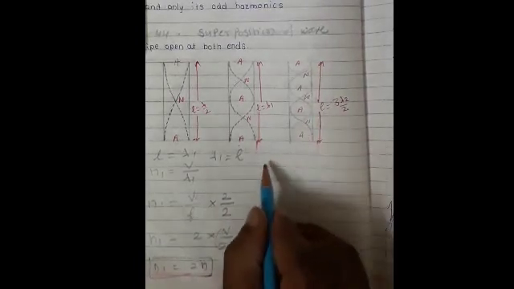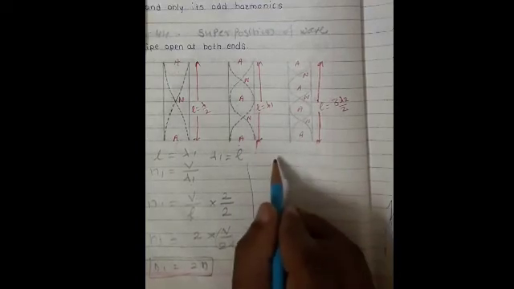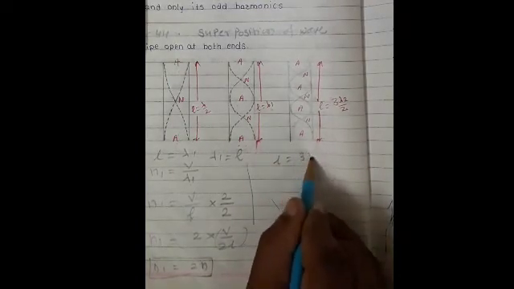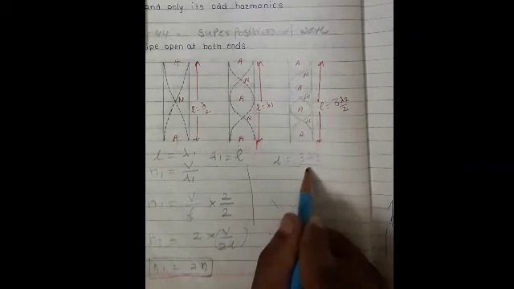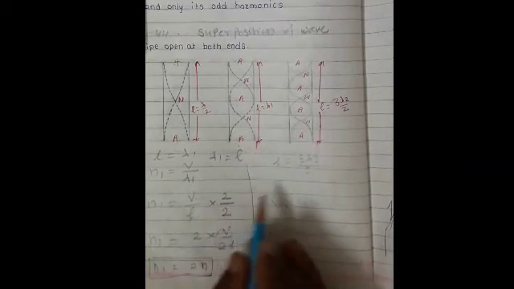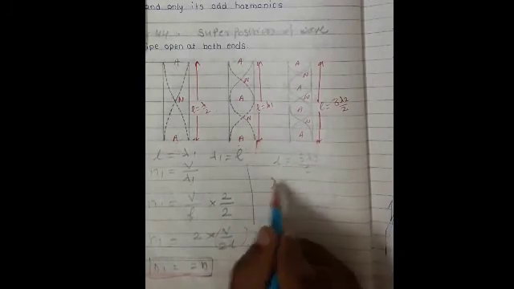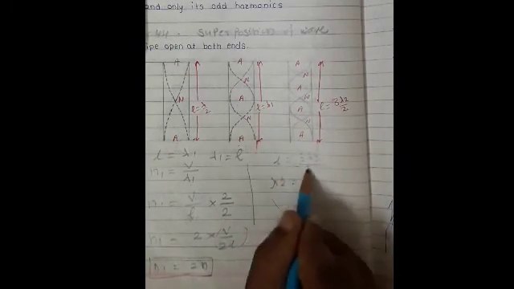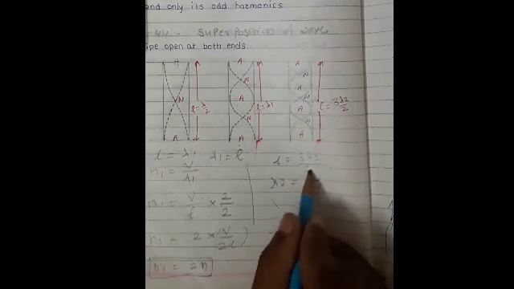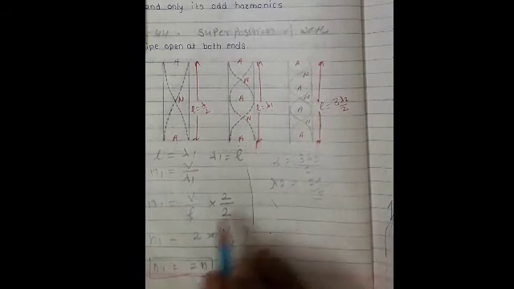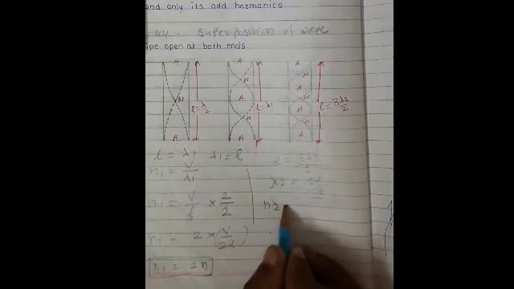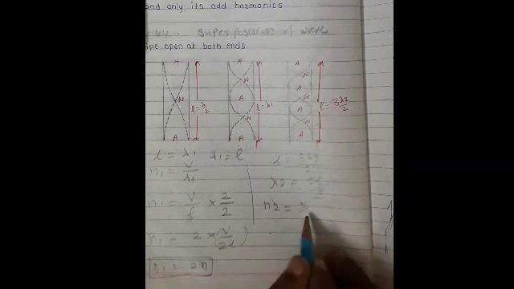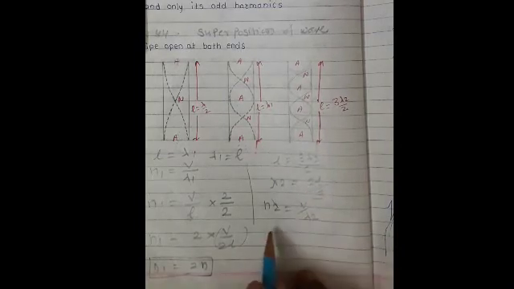Therefore, the length of the air column is L equal to 3 lambda 2 by 2. This is the third mode of vibration. Then the value of lambda 2 is 2L upon 3, taking it to this side. The corresponding frequency of vibration is n2 equal to v upon lambda 2. Substituting lambda 2 as twice L upon 3,